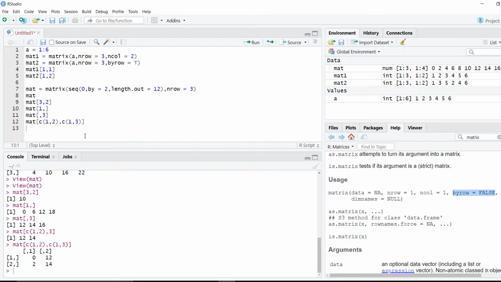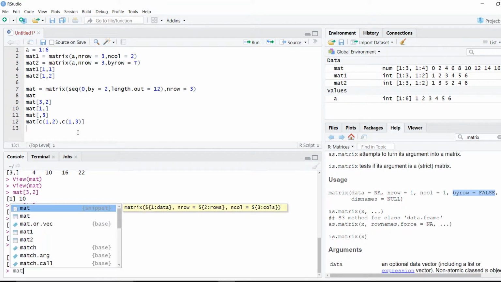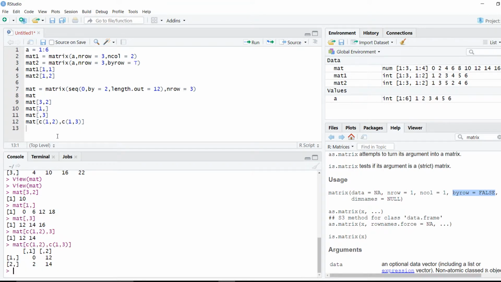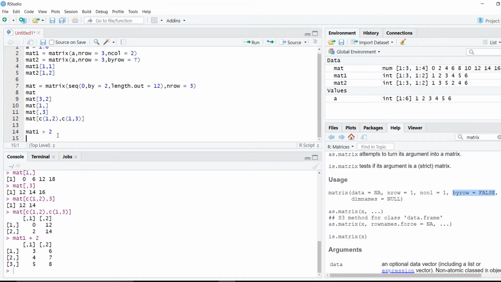You can also do your normal operations in the matrix as we did in our vectors. You can add, subtract, multiply, divide any value to a matrix and it will do it to all the values. So we'll take our first matrix MAT1 and I'll write it in our text editor, MAT1, and I will add 2 to all values.